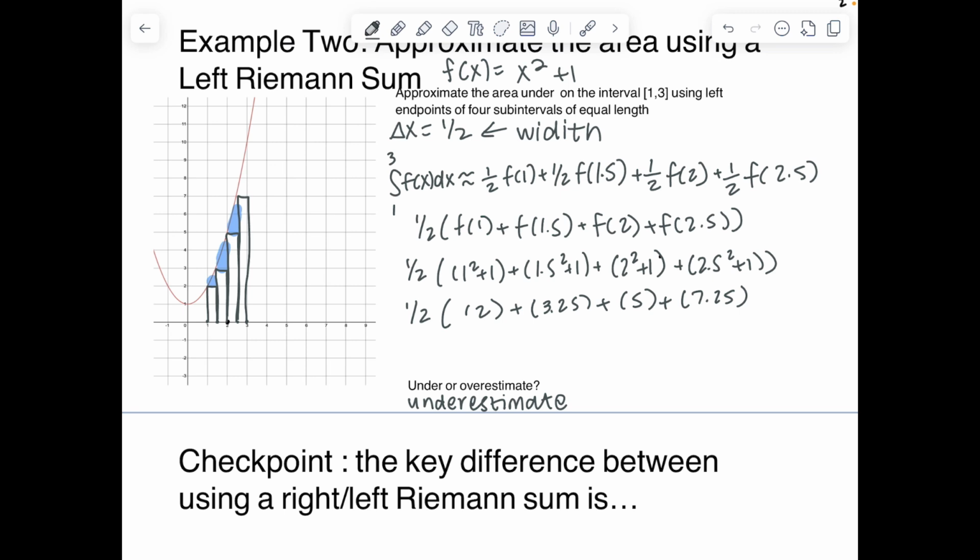And so then I add all of those up. 2 plus 3.25 plus 5 plus 7.25, and I get 17.5. And then if I split that into 2, I get that this approximation is 8.75 units squared, which is pretty different from